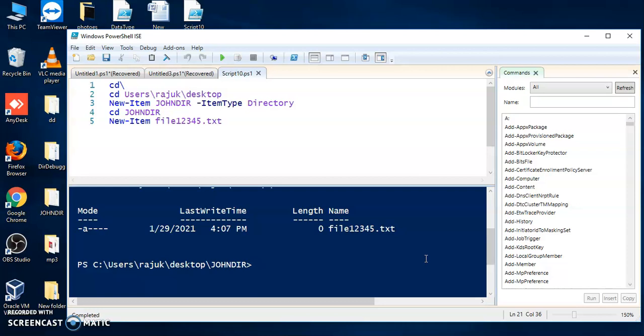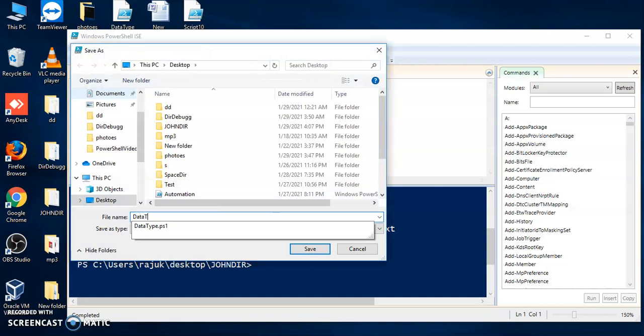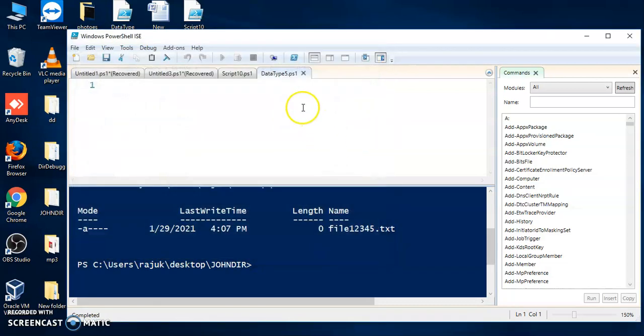And now we will see data types. I just want to let you know how many data types there are.